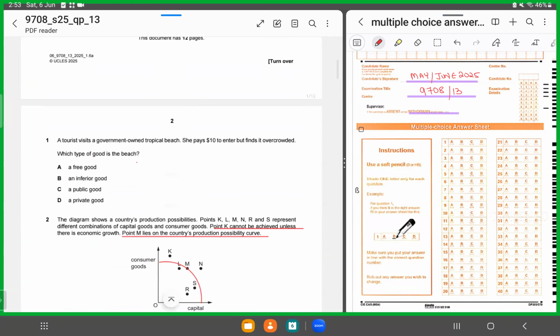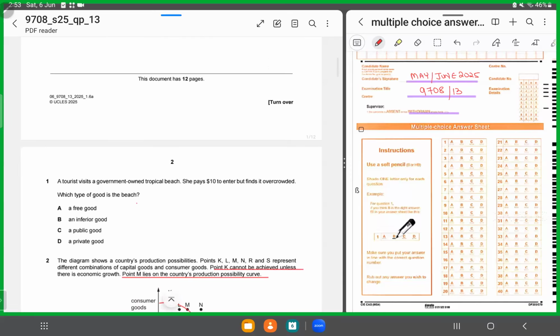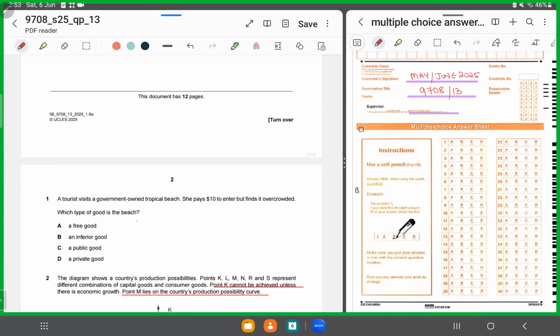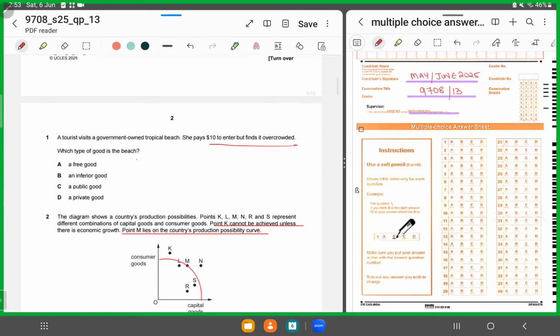MCQ number 1 says a tourist visits a government owned tropical beach. She pays $10 to enter but finds it overcrowded. Now, which type of good is the beach? If you look at the question, they are saying that she pays $10 to enter. However, she finds it overcrowded. The options they've given us say it's a free good, an inferior good, a public good, or a